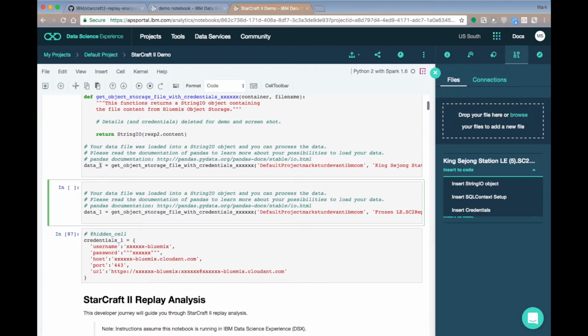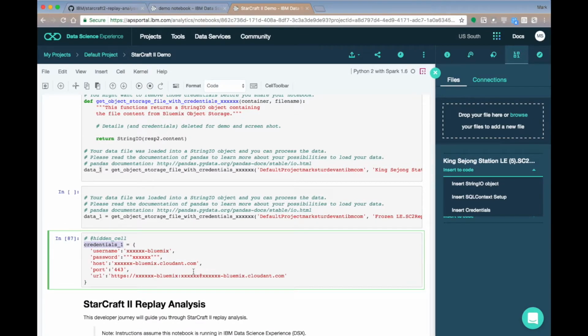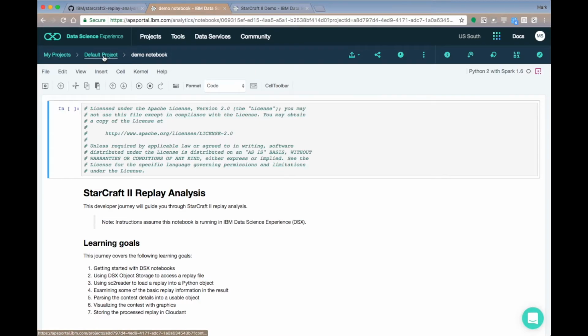The next thing we need to do for setup, though, is we need credentials for our Cloudant database. And again, that has a variable name called credentials1. And the way I do that is I need to add the Cloudant database to my project, and then I will use the connections to insert into an empty cell. So if I go back to my projects listing,